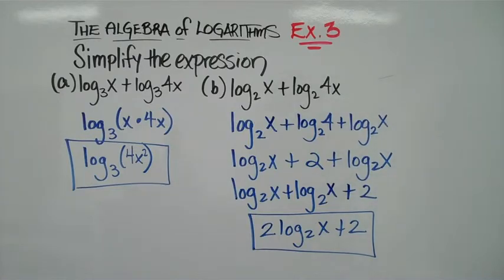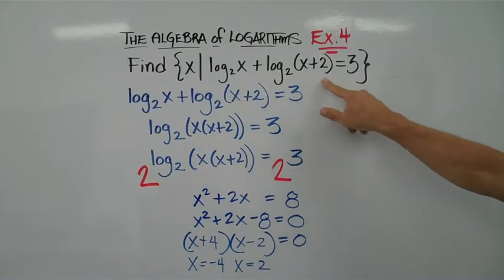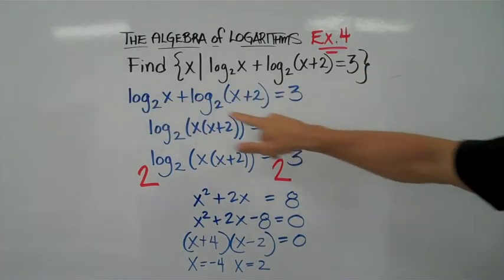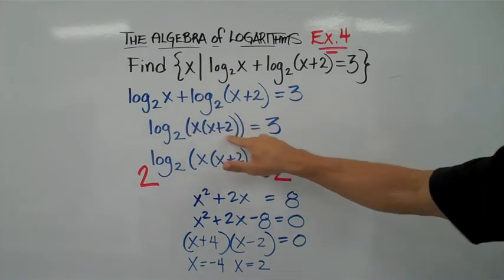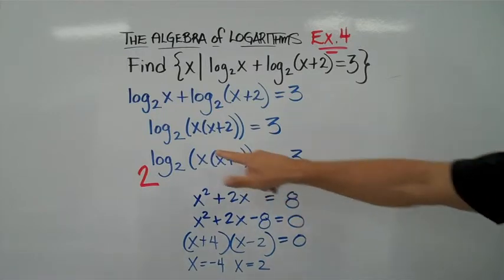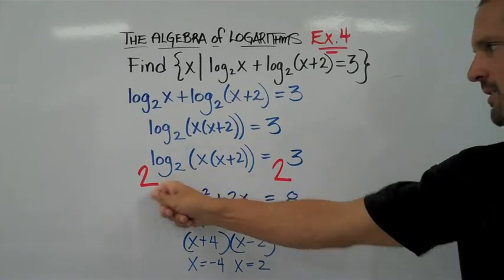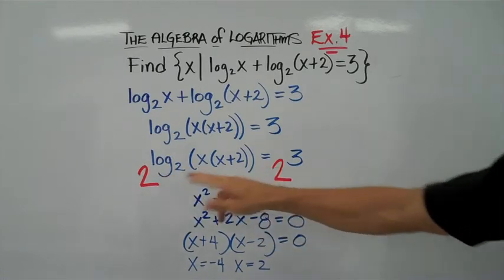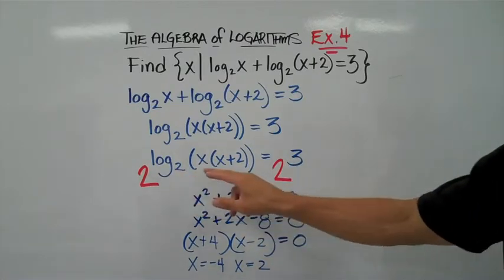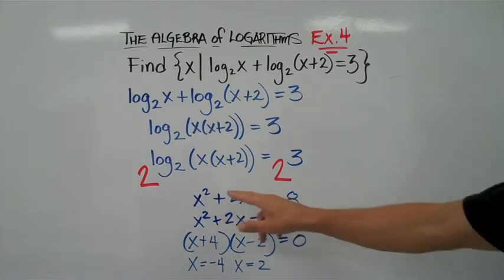There's more than one way to do that second problem. Find the set of x's such that log base 2 of x plus log base 2 of x plus 2 equals 3. Again, we're going to use the product rule. First, I write my original problem, and then I combine x and x plus 2 in multiplication. Log base 2 of x times x plus 2 equals 3. Why did I show you this problem? Because how do you undo log base 2? Well, you've got to raise both sides on the same base. If I have base 2, I'm going to use 2. And if I raise this on 2's, I have to raise that one on 2's. Well, 2 to the log base 2 gives me whatever is here. So that's x times x plus 2, which gives me x squared plus 2x.